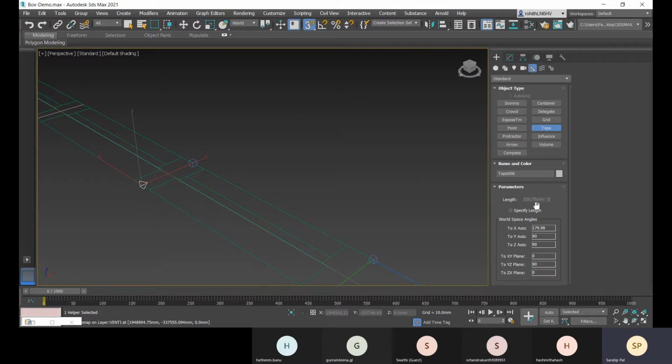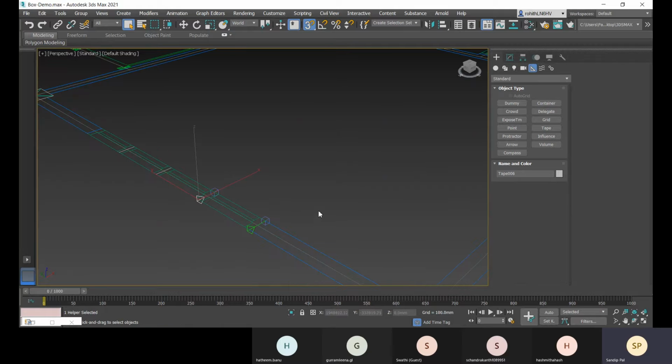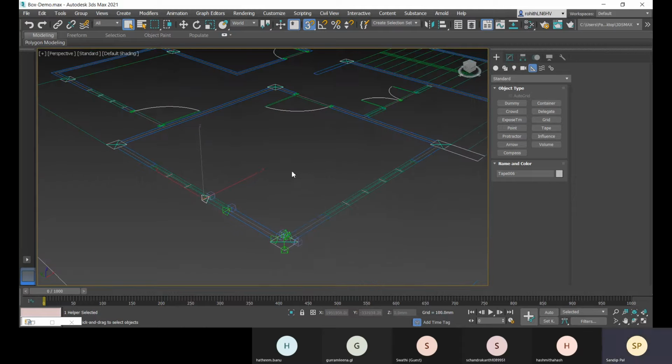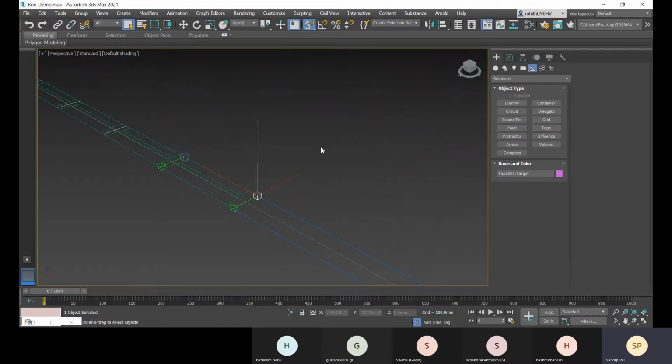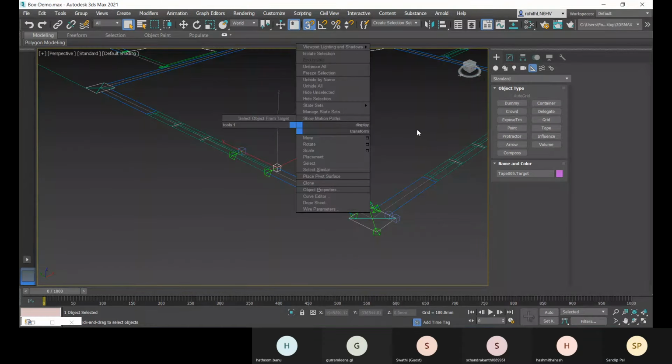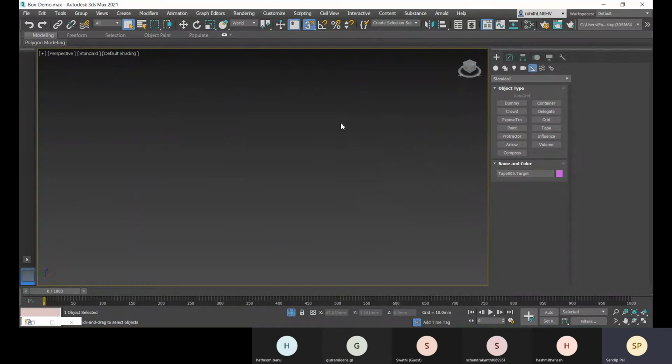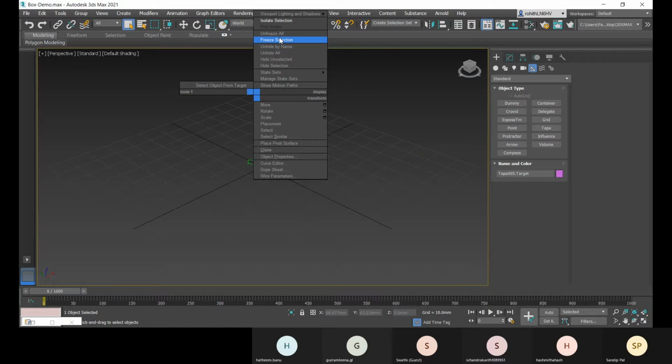So 320.75 is the length. So with this tape option, we can check it. And here, let me select all this. And what we can do, let me go for this. Sorry. Right click, unhide all.